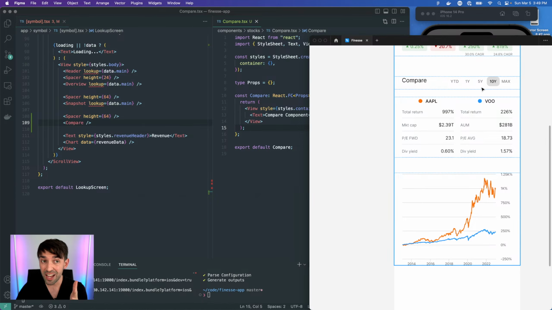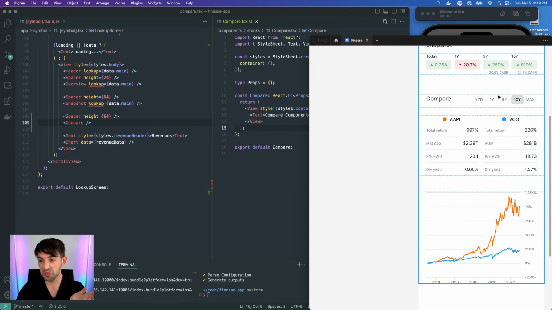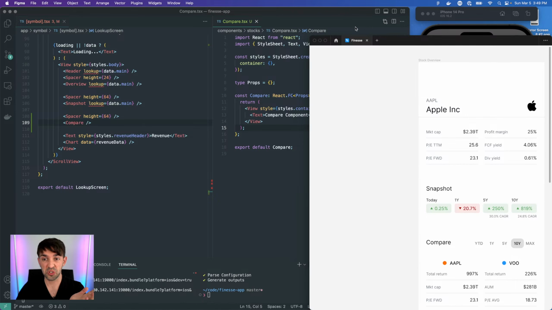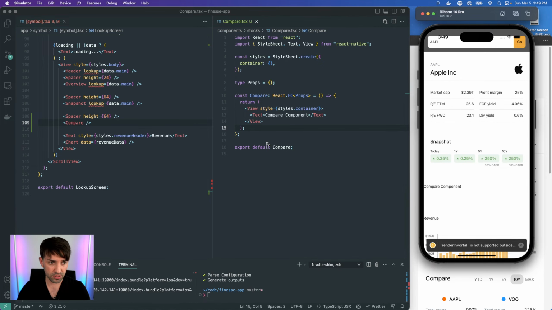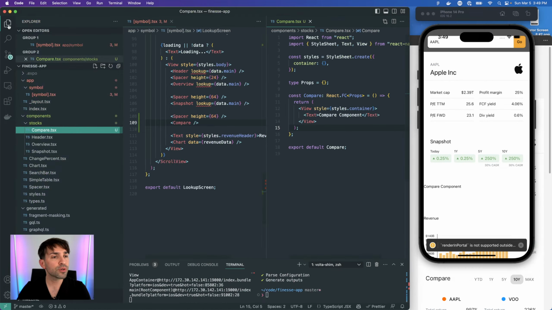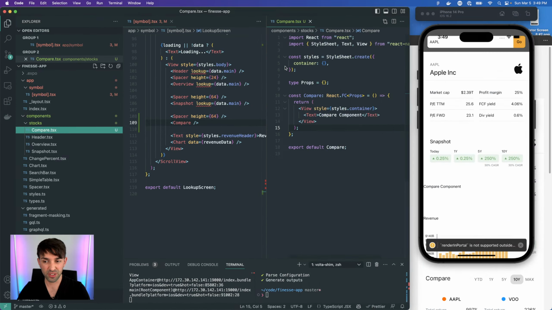We've got some tabs up here. We've got some colors. So let's just start. Okay, so we'll start with the header. So snapshot and compare actually have the same header here, like heading. So let's do